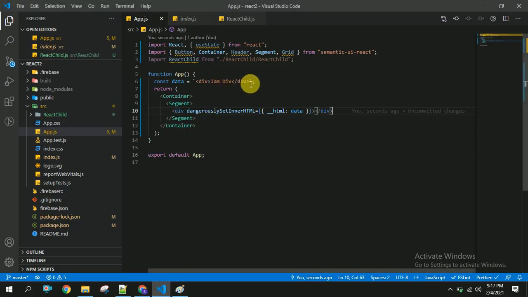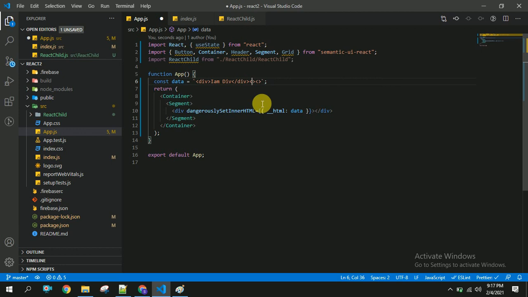If you want to verify that again, I am going to take another h1 tag, and you can mention the class names as well for applying the styles. So this should be h1.